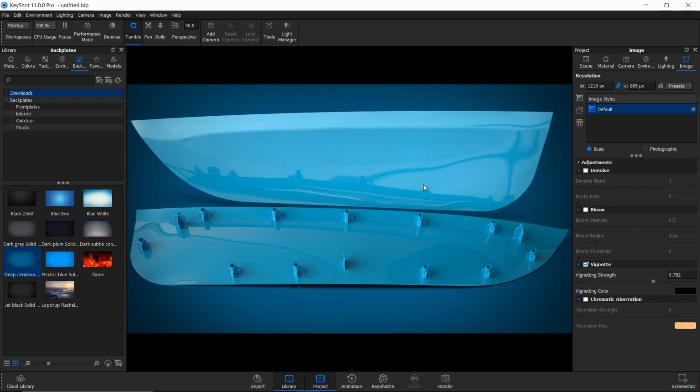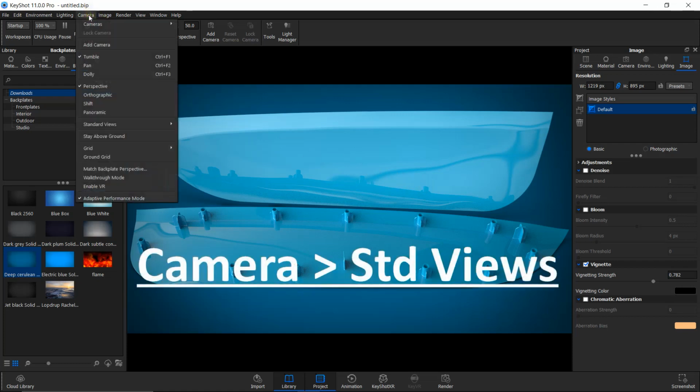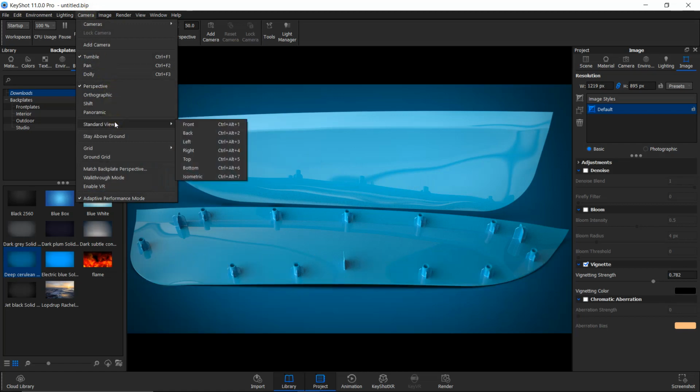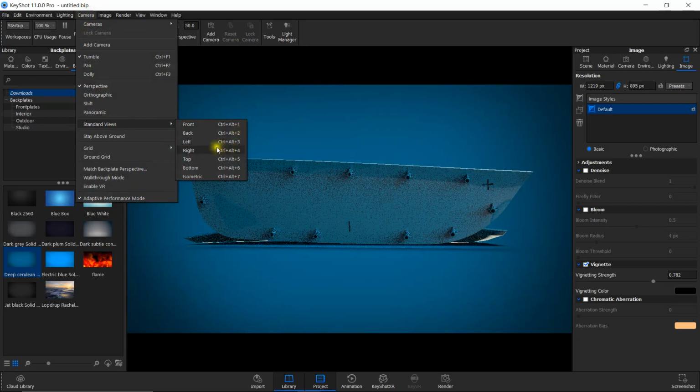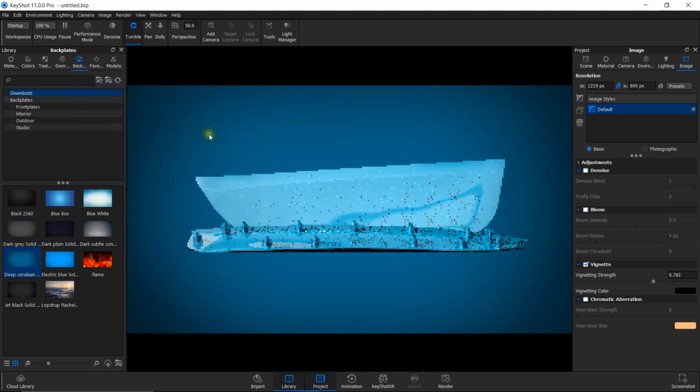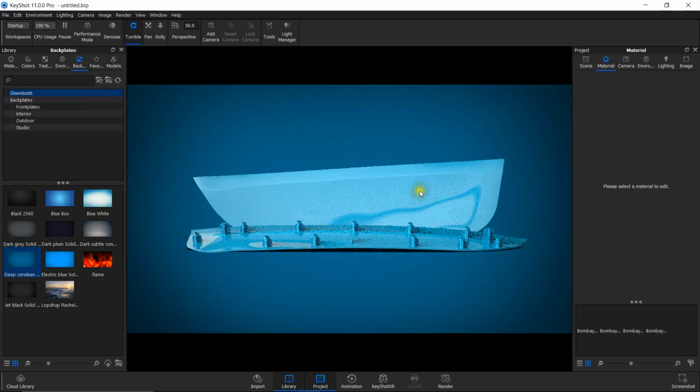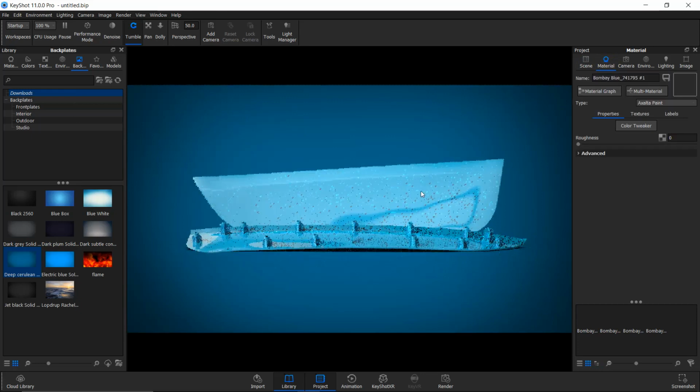So in order to properly apply the labels, we have to first set the camera in a correct orientation, otherwise the labels will look weird. So click on the camera option here, click on the back view. So the orientation is correct right now. So we are going to apply labels on this part only right now. Click on the materials option, double click on that. Yeah, you can see that right now.